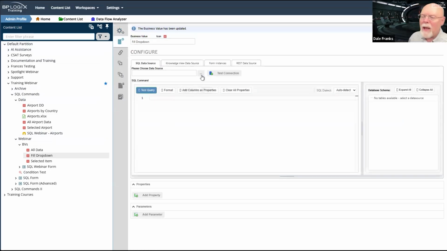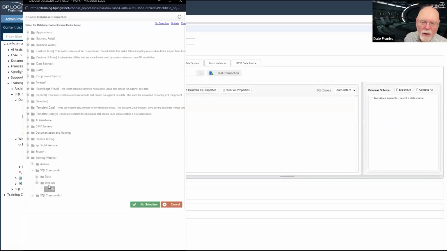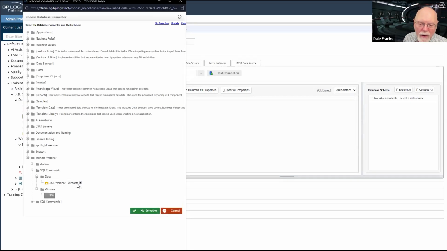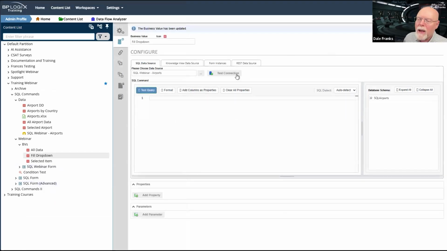And now we have to make our data source again. So once again, we are going to pick the existing one. And now we can write our query. And I only need 2 things. Is that field actually called ID? What was that field name? It is called ID. Okay.